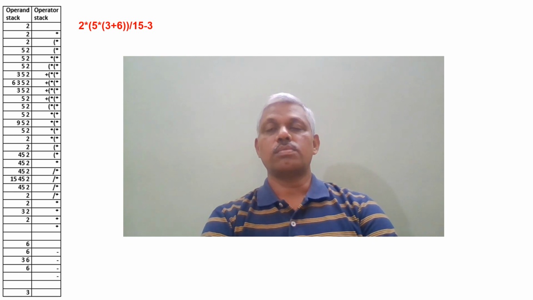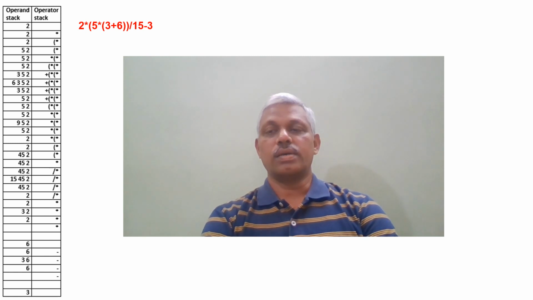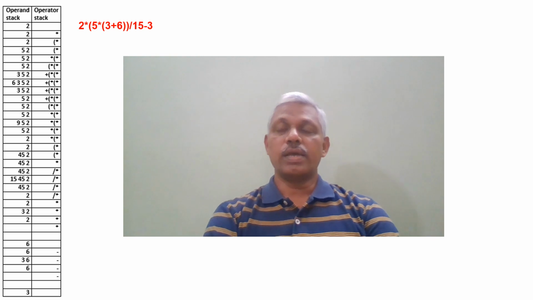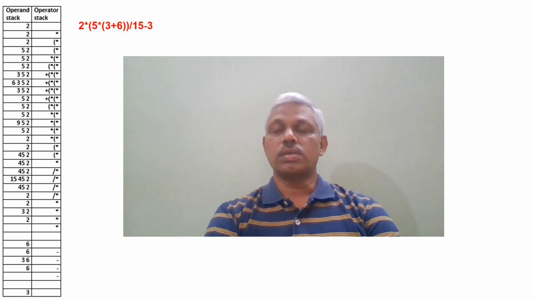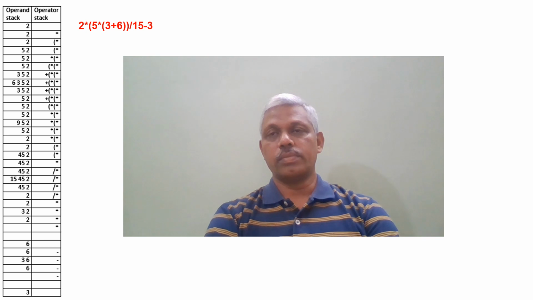So first division is performed between 45 and 15. So 3 is computed, and 3 is pushed onto the stack. Again, star has higher priority than subtraction, so still we don't push minus, and instead we operate star on the existing elements by popping out 3 and 2, and push 6 onto